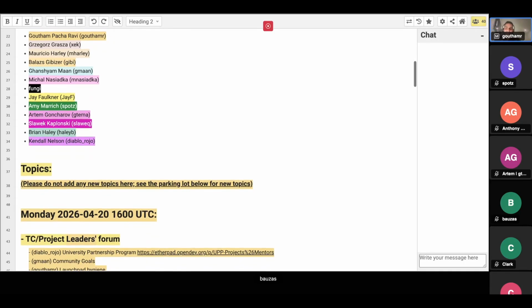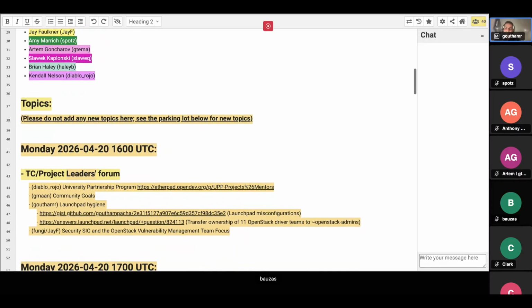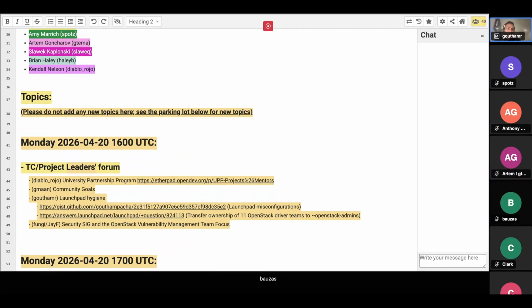Really, in my book you're all leaders because you're shaping our projects, and this is a good place to bring concerns and discuss things that we ought to drive within the projects and hence across all of OpenStack in that sense. We have a few agenda items to seed the discussion. Of course, we'll try to make some space for an open discussion and add any topics that you might want to bring in today.